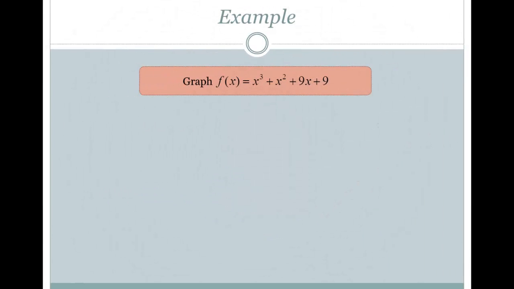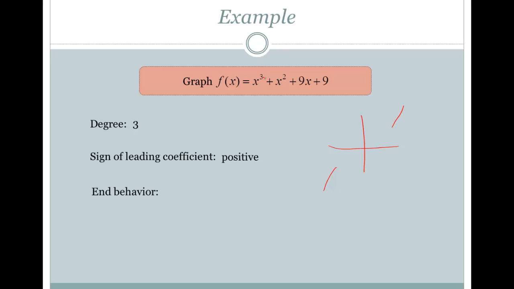Okay? If I wanted to graph this, again, we could look at the degree. The degree here is 3. We know the leading coefficient is 1, positive, which tells me, from what we've talked about so far, that because it's odd degree and its leading coefficient is positive, I'm going to go off to infinity there, and I'm going to go down to infinity on this side. Okay, and we got to fill in the pieces in between, and we can use our zeros to do that. And again, at most we're going to have 3 real zeros. Here we have 1. And the other thing that we're going to have is at most 2 turning points. Okay. The end behavior, it's going to rise to the right, fall to the left,